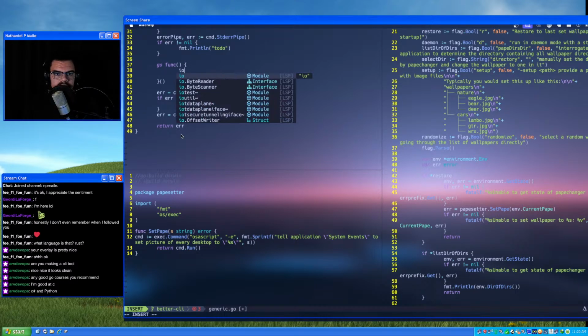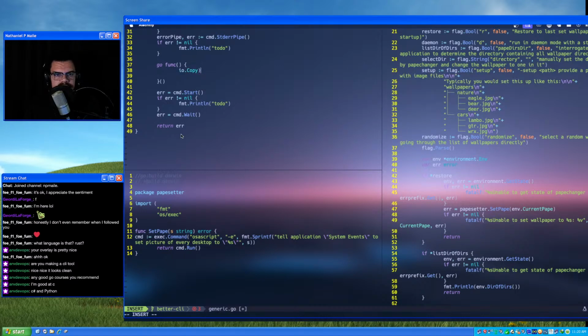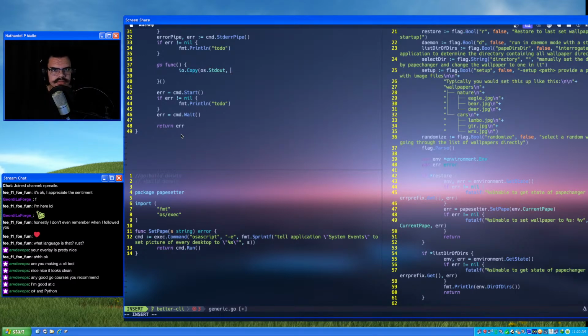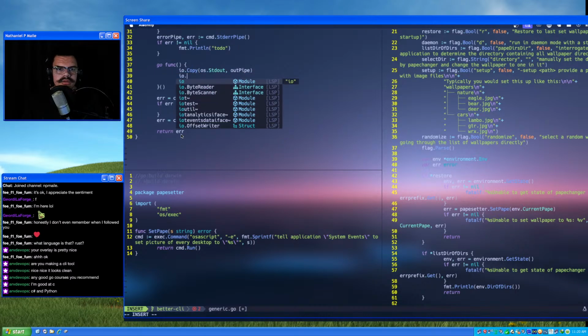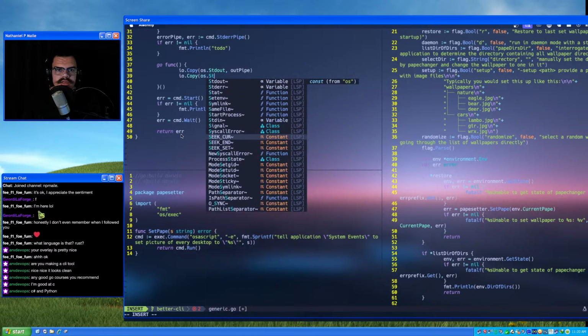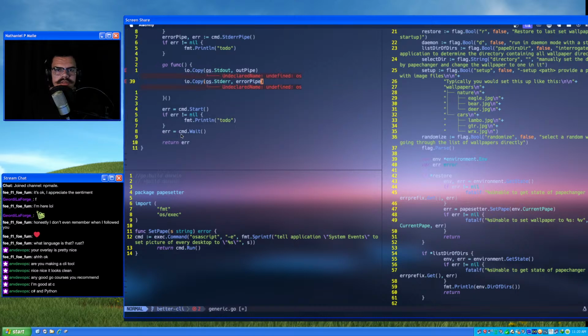So we'll just do io.Copy, destination followed by source. So that'll be os.Stdout, comma, stdoutPipe. io.Copy os.Stderr, stderrPipe.